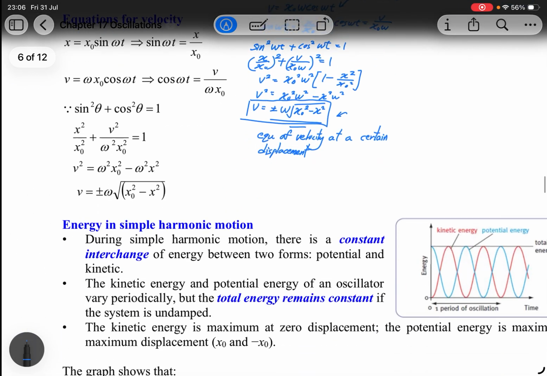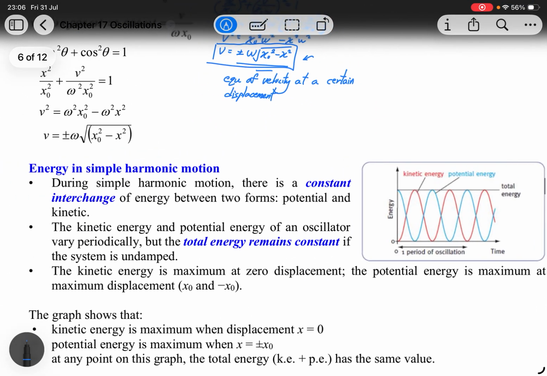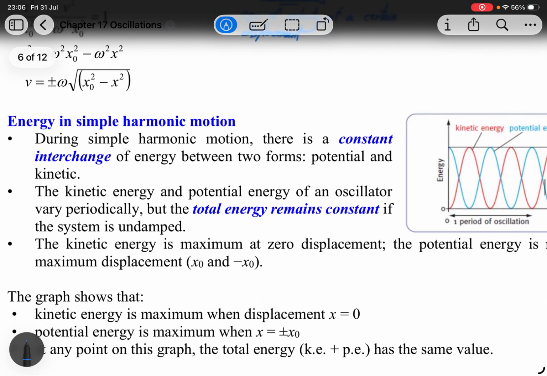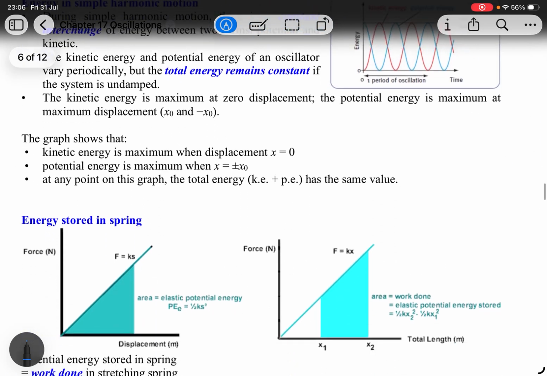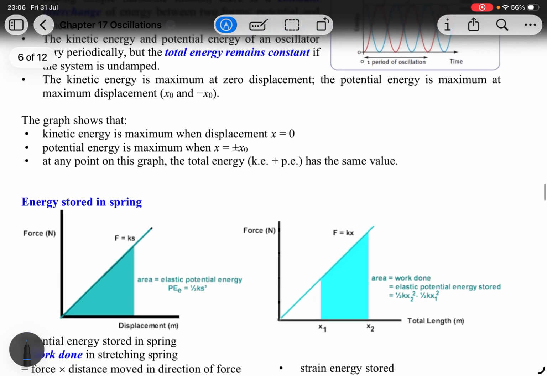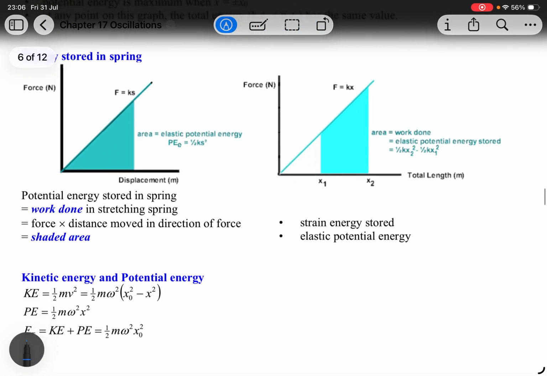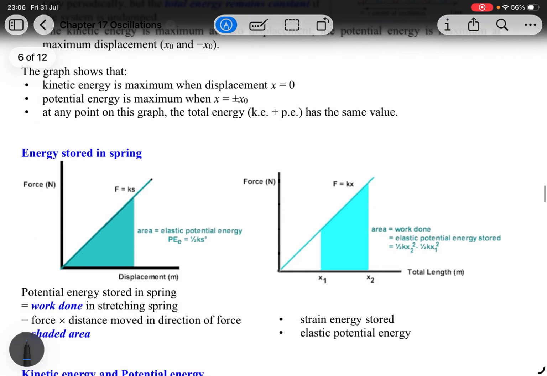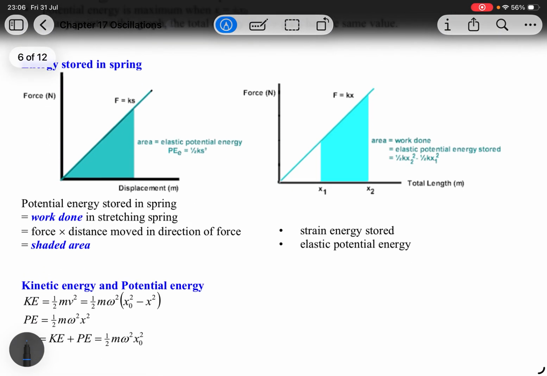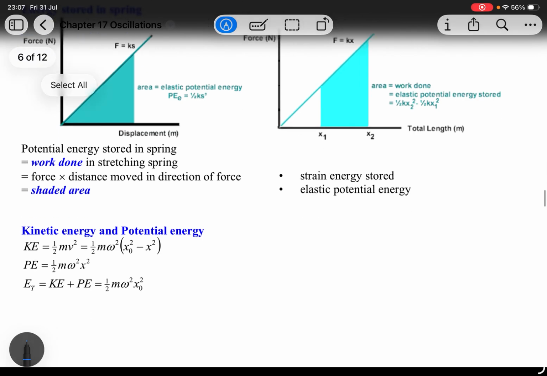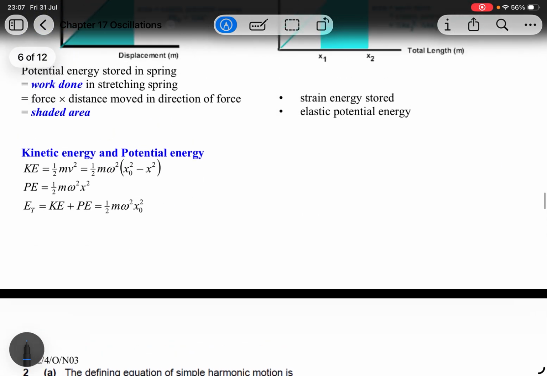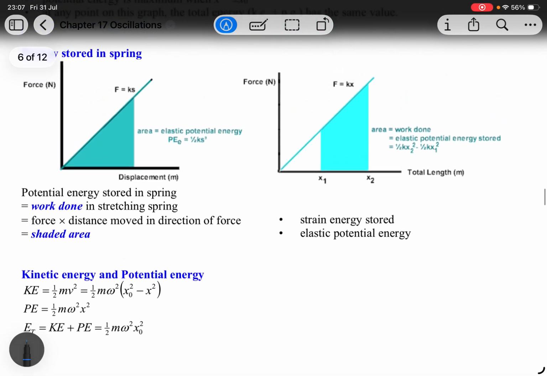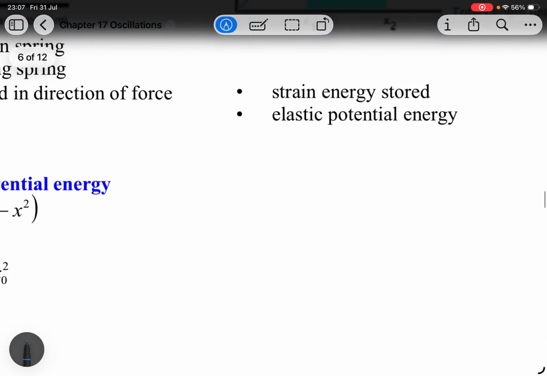Okay, now for the energy, we'll be looking at kinetic energy and potential energy. Okay, let's say